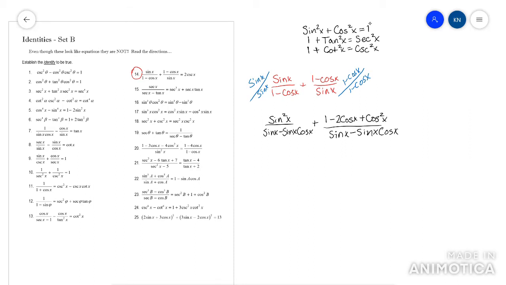Okay, now you can combine these numerators. So when I look at it, I think to myself, I have sine squared plus cosine squared. That just makes 1. Then I've got this other 1. Then I've got my minus 2 cosine. And it's over sine minus sine cosine. I'm starting to think I should not have multiplied that denominator out, but let's just keep moving. Okay, 1 plus 1 makes 2, so 2 minus 2 cosine